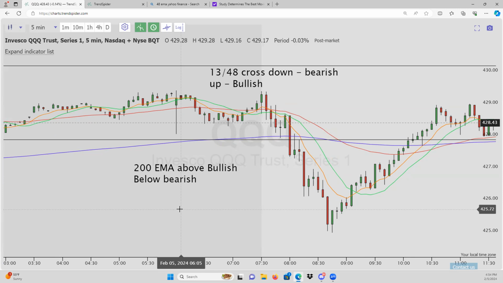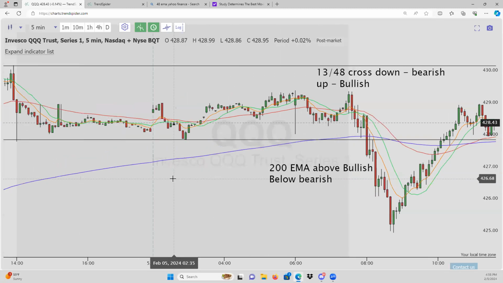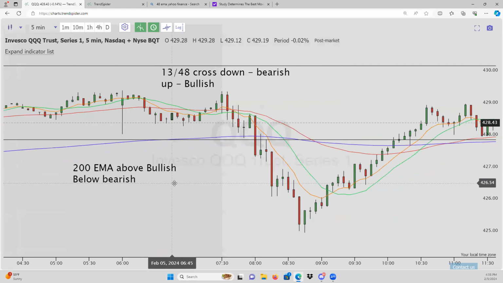So when I get asked that question a lot, what's your A plus setup? Well, it's going to change every single time. But the more confluences you have that work for you, that's going to be your A plus setup, right? Some people might not use this 1348 cross, right? That might not be a confluence that they use, but I use it, right? So it really just depends on what confluences you use to give you that high probability setup. And this is just something I've created that works time and time again.